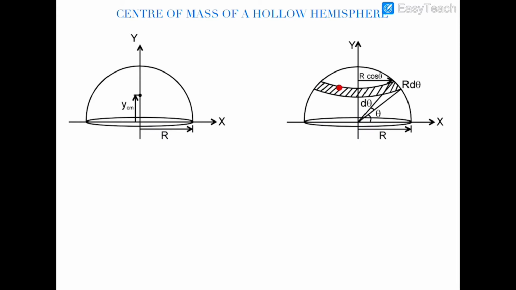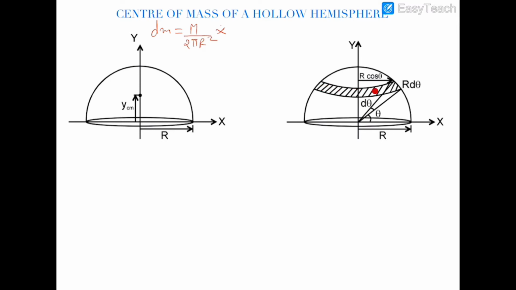So consider this as a ring whose width is r d theta and the radius of the ring is r cos theta. So the mass dm of this ring will be equal to mass of the hemisphere upon the surface area. Now the hemisphere is hollow, therefore its complete mass will be distributed only on its surface. So the surface area of the hemisphere is equal to 2 pi r square,